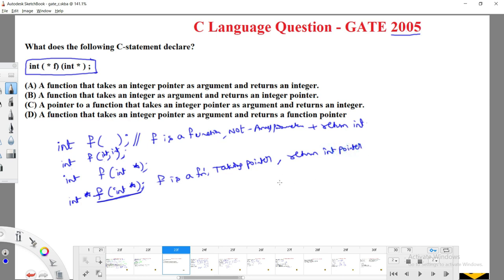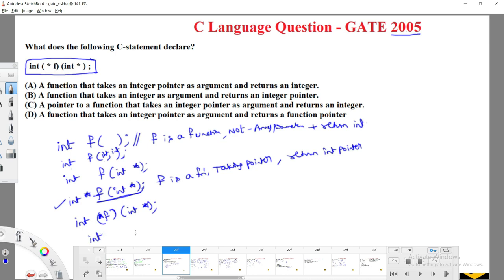The return type is also an integer pointer. If you observe the statement int star f, if you remove these braces, it will look like the previous one, but they mentioned the braces here. Let us come to that after some time.